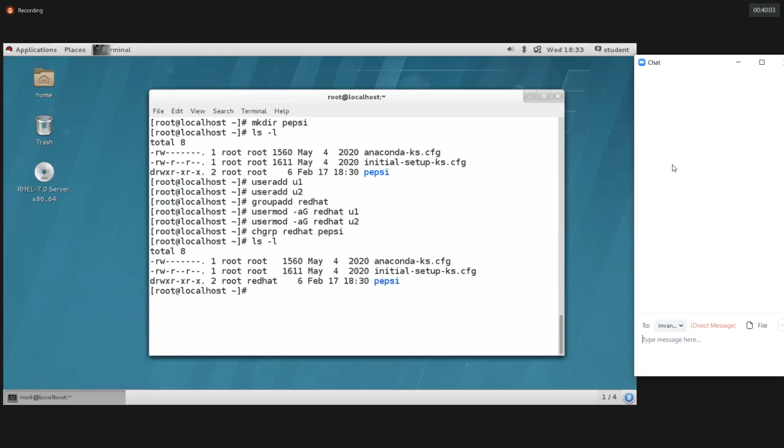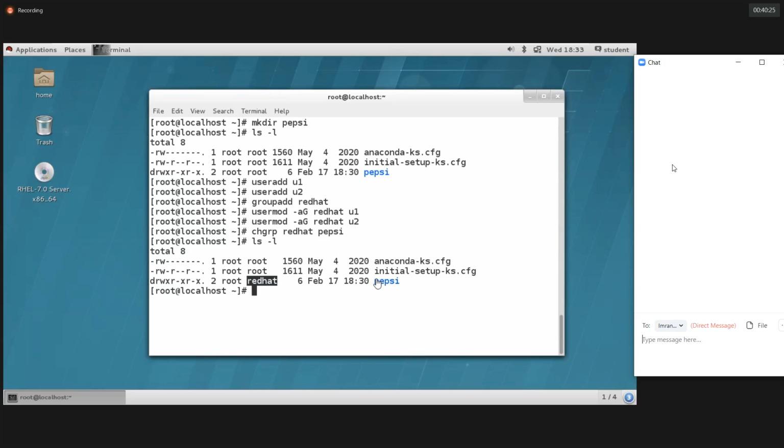Now let's check the list. See here, instead of root, we have redhat. Now I changed the group owner to redhat for the Pepsi directory. Now, can we create files and directories with the help of U1 and U2 inside the Pepsi now?